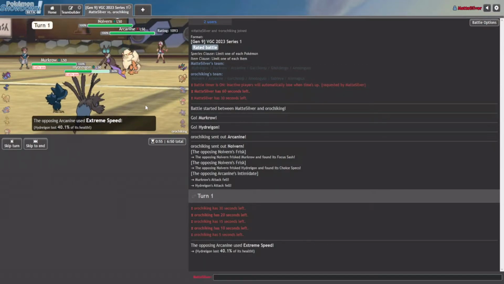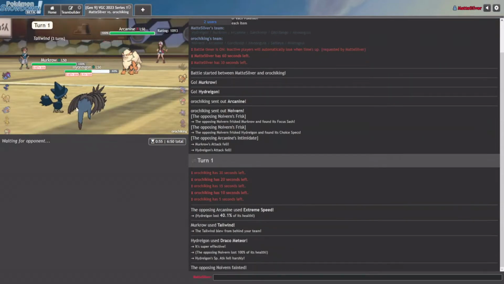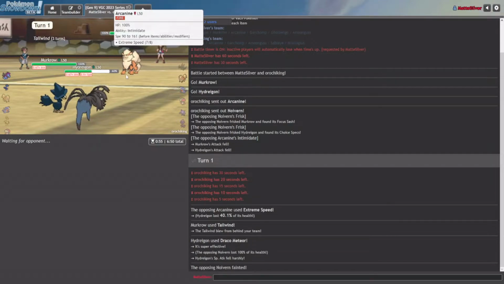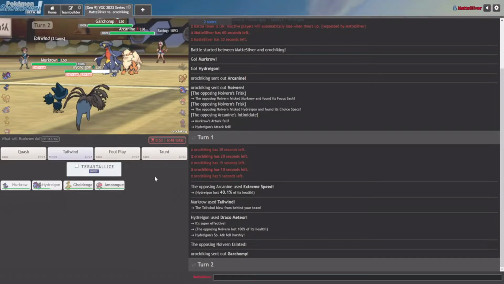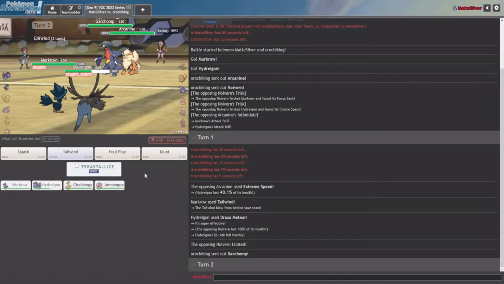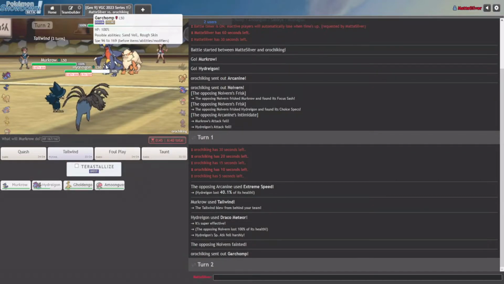Okay, so he Extreme Speeds me, not a big issue. Tailwind, Draco Meteor hits, and nice kills. Okay. And now we have to get rid of our Hydreigon here, although Draco Meteor still does a lot of damage. Let's see. I think what we're gonna want to do here is we want our Murkrow to stay alive no matter what. I think we sack our Hydreigon here,